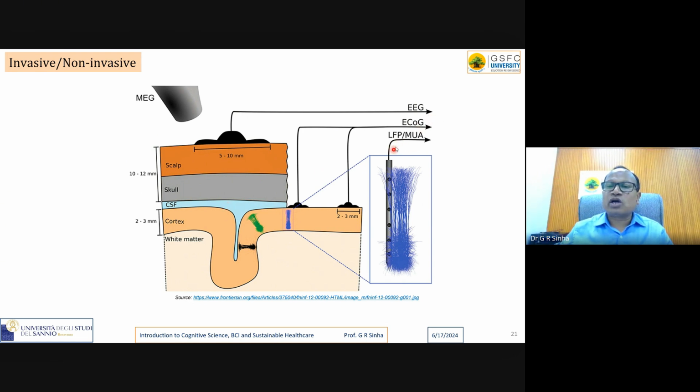What about the local field potential? LFP is the local field potential. Look at here, completely inside. You're almost near the white matter of your brain. So you are inside the brain. So can you explain to me in which case you will get more appropriate information? The nearer you reach, the closer you go inside, the better you get the information. More appropriate information you will get. But more risk is involved here.